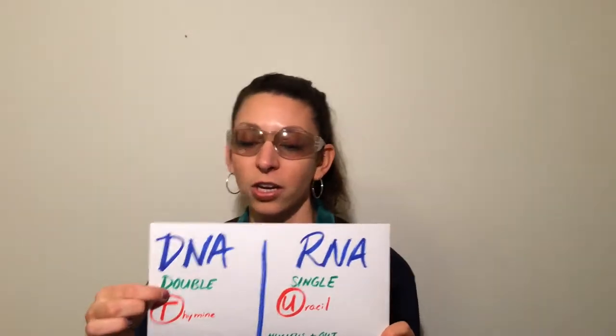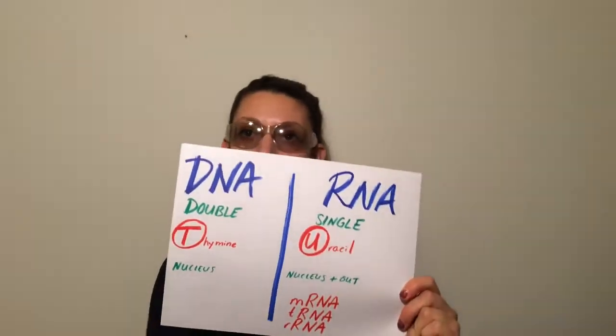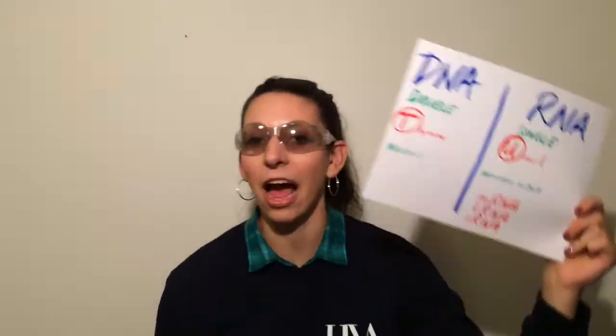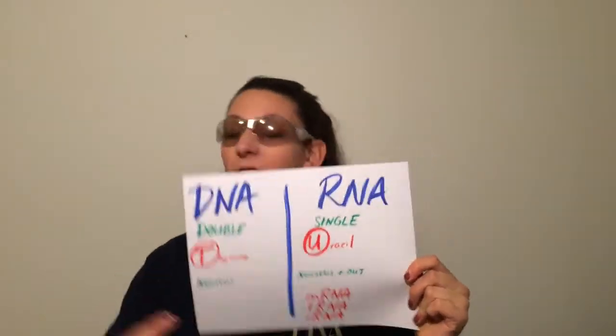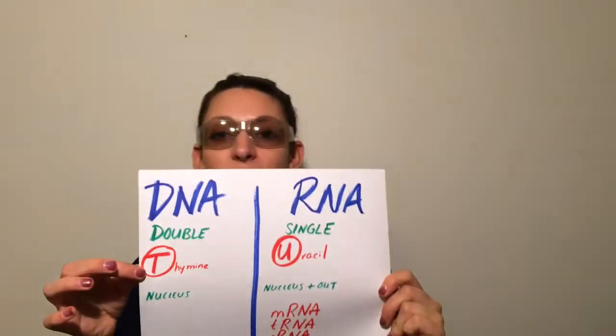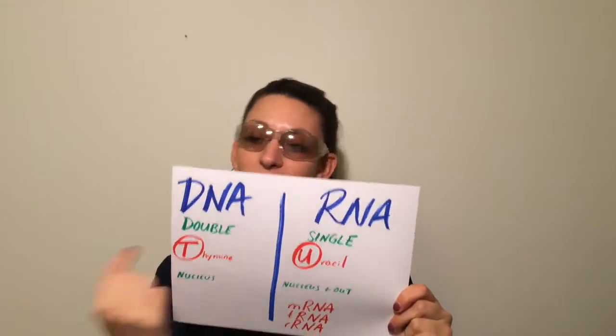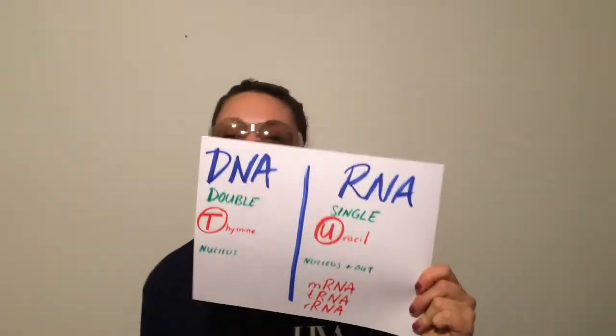DNA is double-stranded. You can remember that with the DNA starts with a D, double starts with a D. RNA is single-stranded. It's all alone by itself. But RNA can travel in the nucleus and out of the nucleus. It's special like that. DNA, always in the nucleus. Remember, DNA uses the base thymine. RNA does not. Anytime we would see a T in DNA, we now replace it with a U for